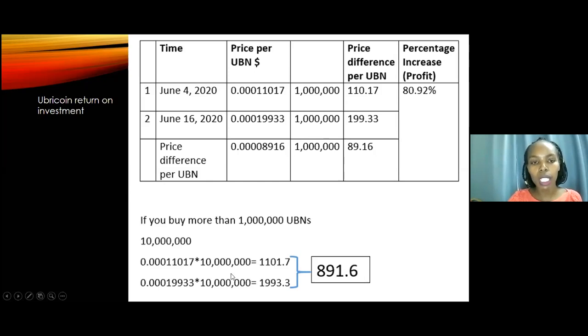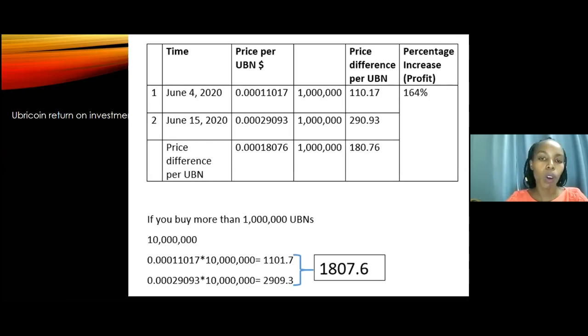And if you sold it today, it means that you would have gotten from selling the Ubricoin $1,993. That is a profit of $891 between the two dates. So this is the calculation between June 4th and June 16th, and as you have seen from the graph that I shared earlier,